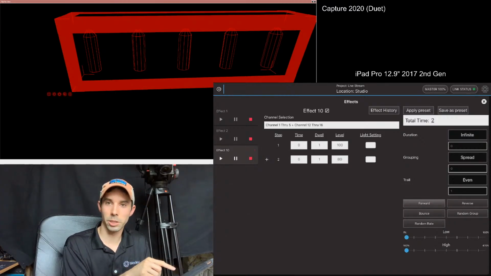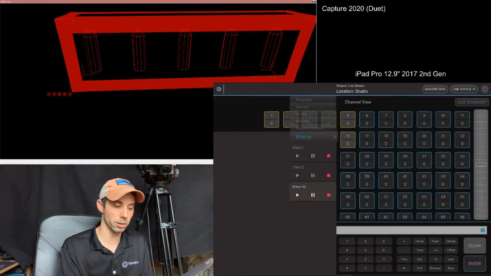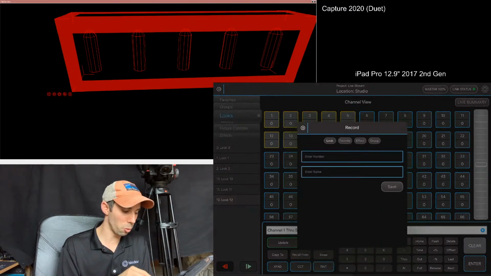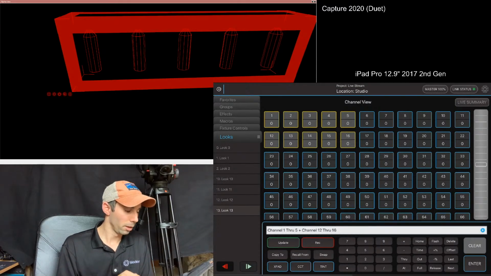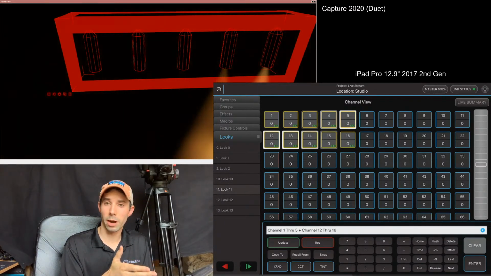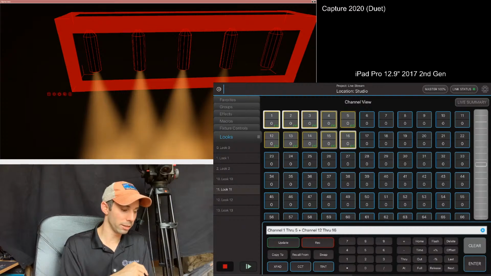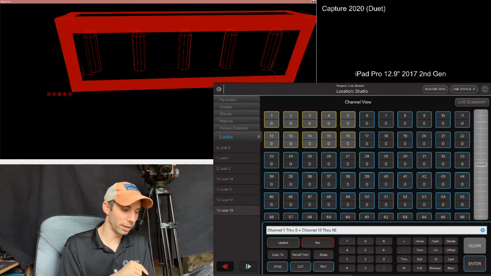I get the exclamation point. It's saying, hey, you just changed this effect, it's not saved anywhere, okay? Now I'm going to press record, and I'm going to type in look 13, okay? If I go back to look 10, I'm in 0. If I press play, this is going with that smooth fade up like we had. Press play again, fades out. Now I press play again, and